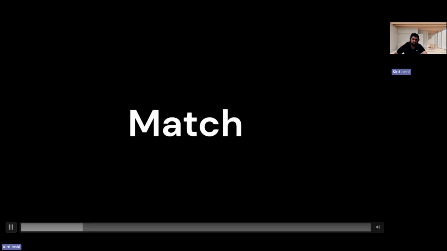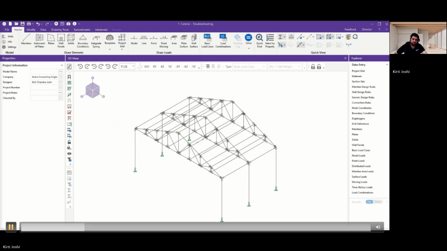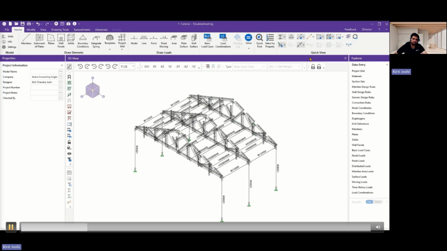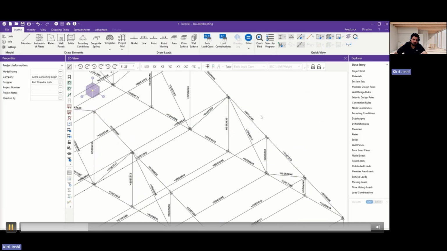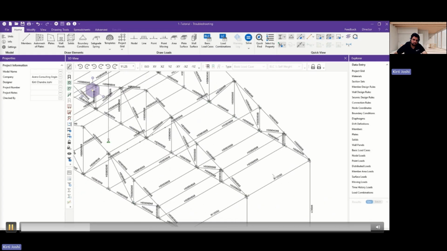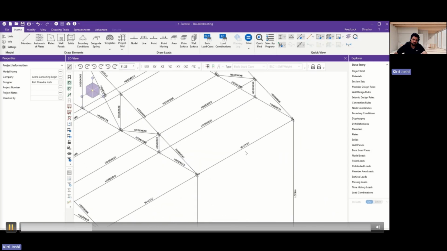So this is kind of the features. Again, next is the match features. You can just display your section shape. For example, I do have SSS sections, the white flange sections. So if I want to change the property of one section with respect to the other section, then I can